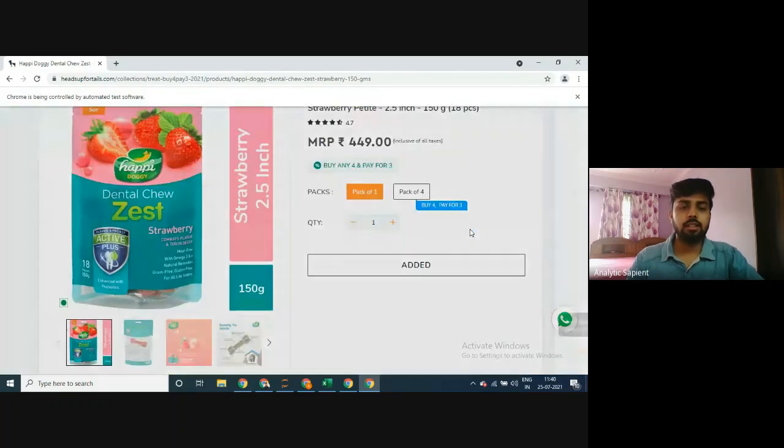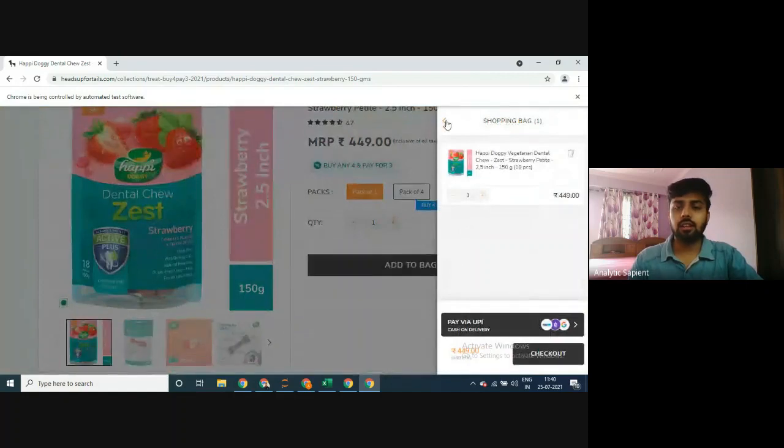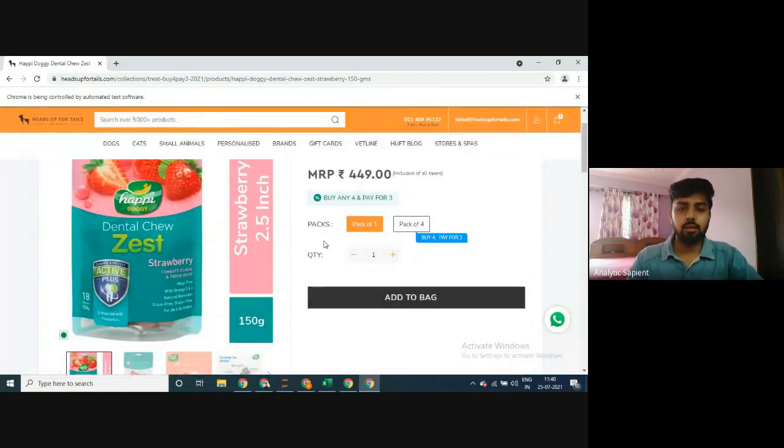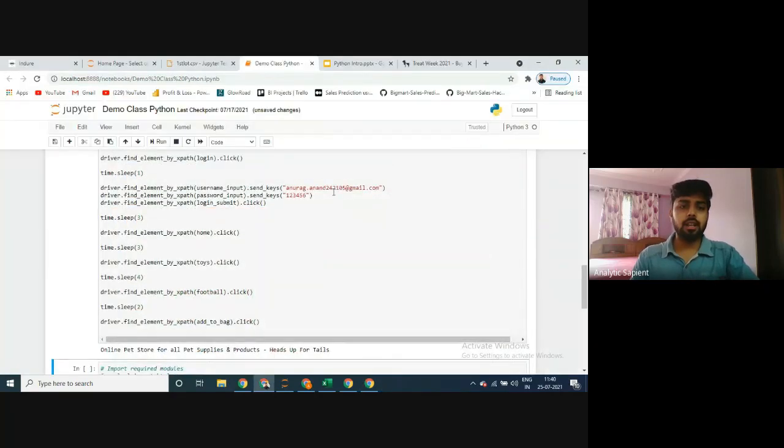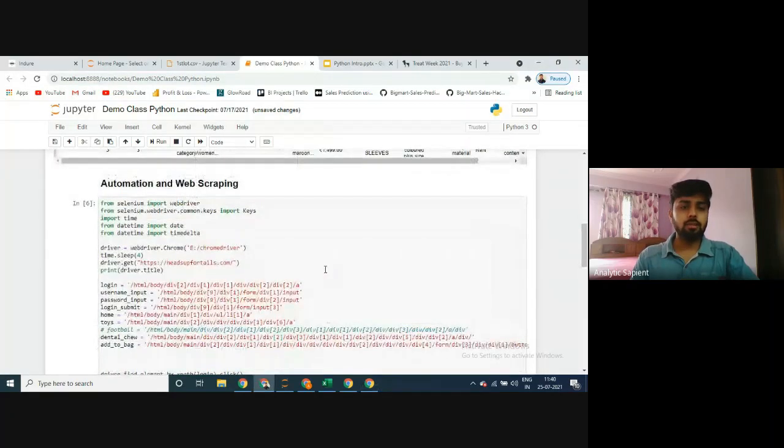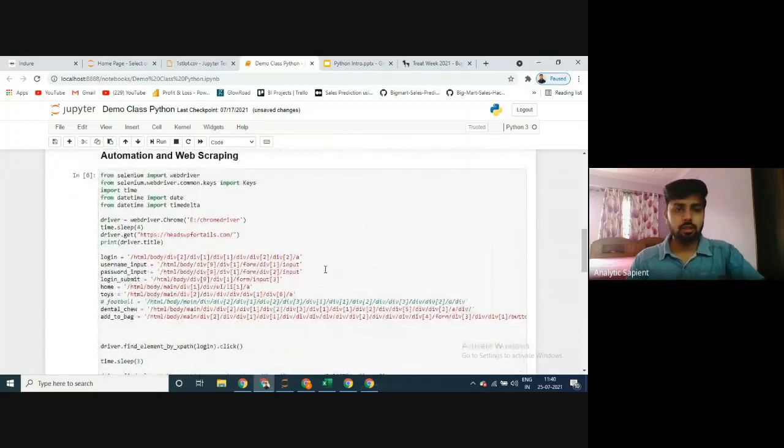And it's taking the same product again and again. Anyways, that we'll look into later. For now, I wanted to give you a gist of how this entire scraping or automation thing works. If you look at it entirely, this is more like automation and web scraping, because you automated all the different steps that we have taken to find that product and add it to our cart.